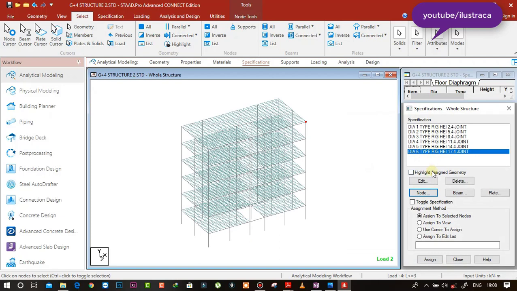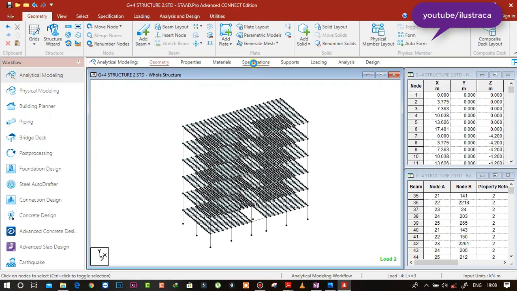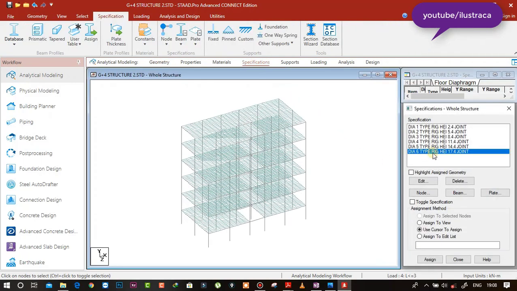Now you can see, if you click on this highlight assign geometry, you can see the... If you go to specification, it is not showing actually.